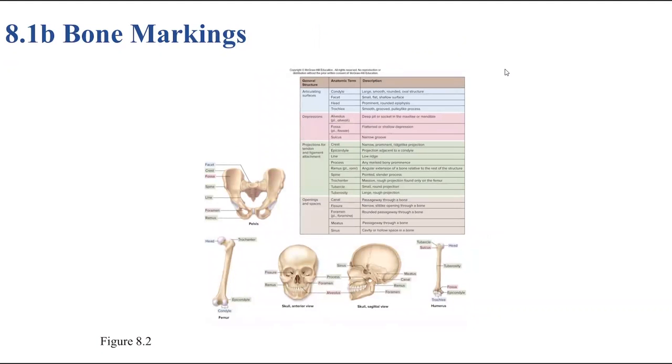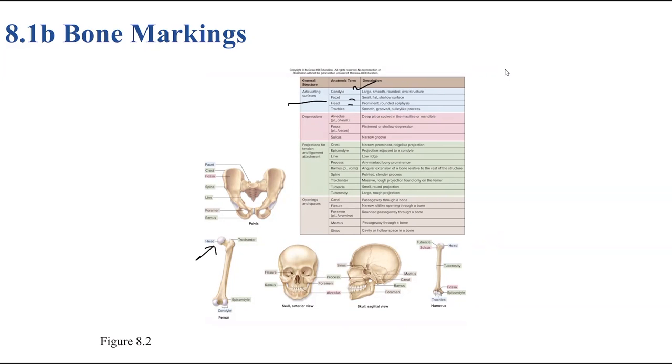Okay, so bone markings. Some things that are important to learn and remember is when things articulate, that's where bones come together. So we have condyles, which are large, smooth, and can be round or oval shaped. Facets are flat, shallow surfaces. A head is a round, kind of big epiphysis or end, like here is the head of the femur. And then a trochlea is the,